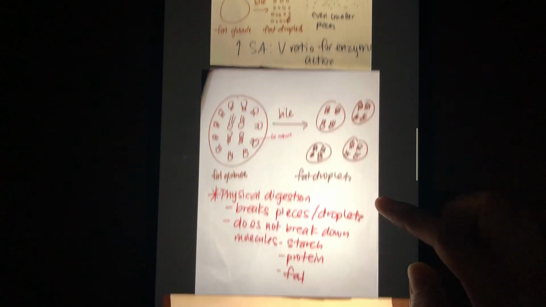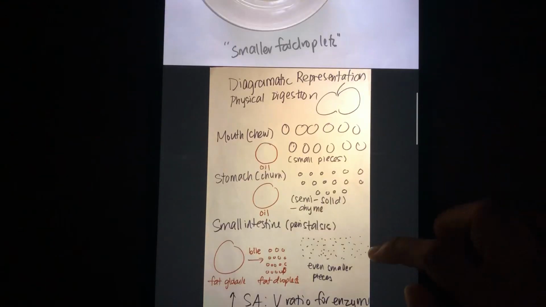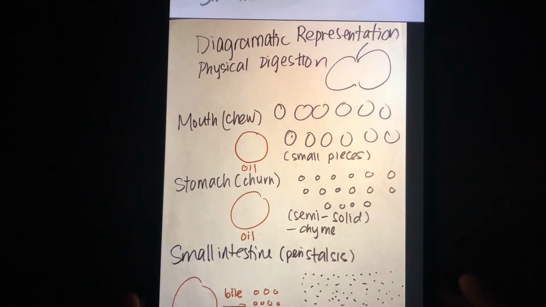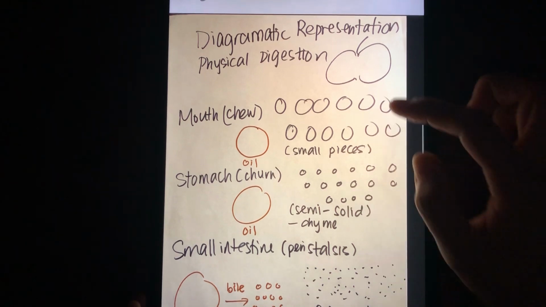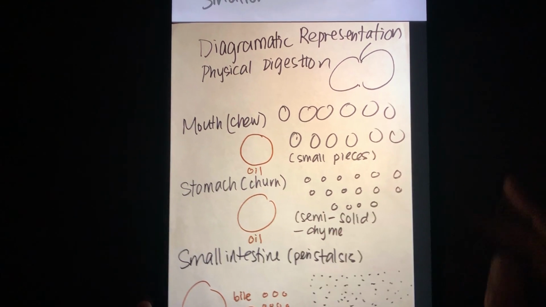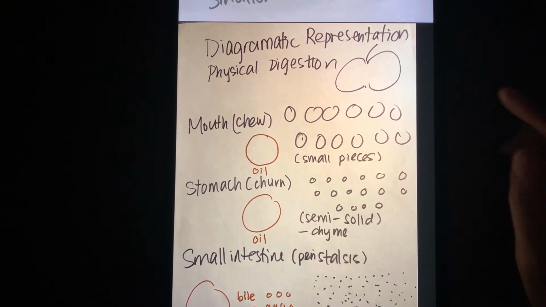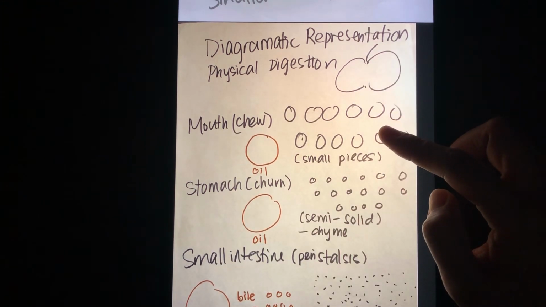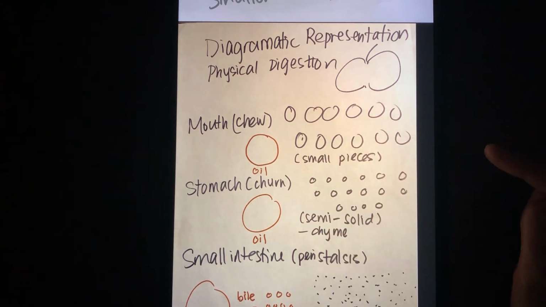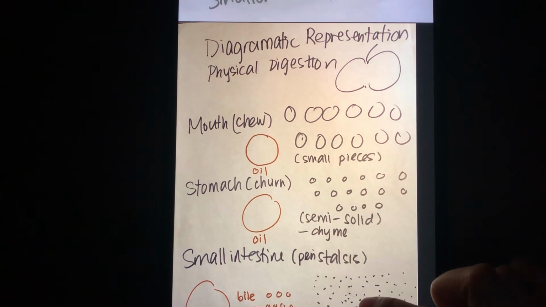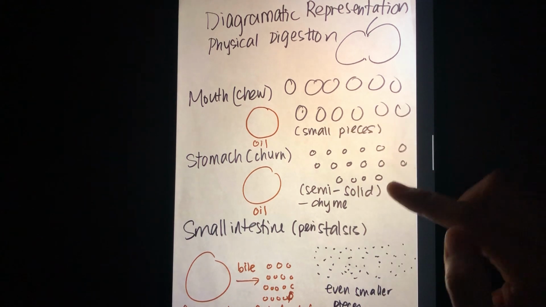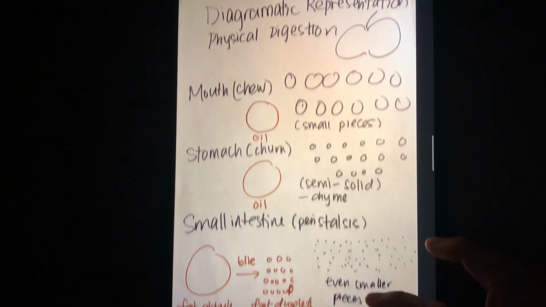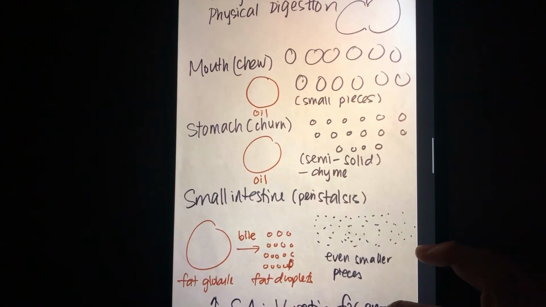So if I put all these into a diagram, let's say you ate an apple with olive oil. I don't know what kind of combination that is, but it shows you what physical digestion means. Chewing will chew the large apple into smaller pieces, but your oil will continue to be oil because you can't chew oil. Then in your stomach, when it churns, it becomes semi-solid chyme,